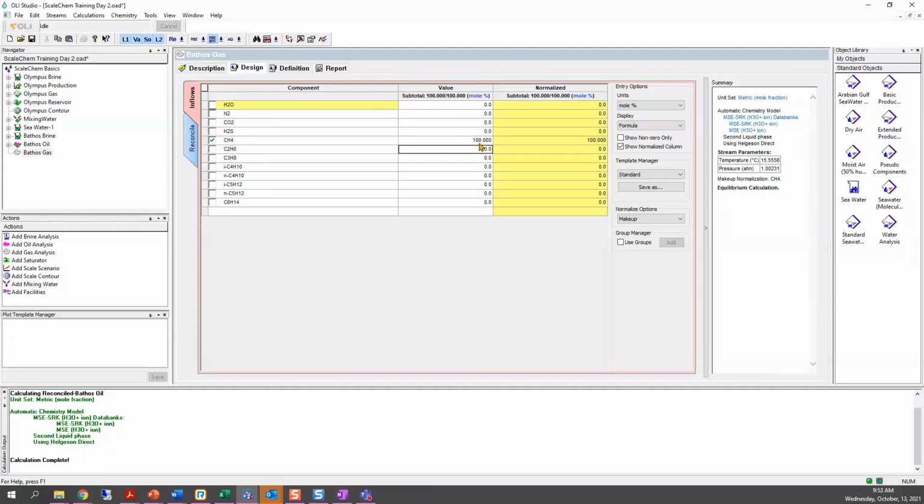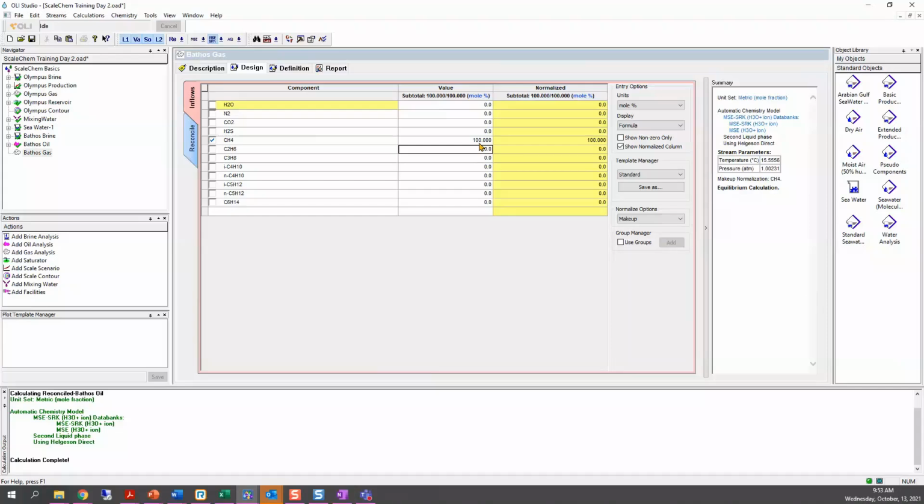So if you assume a specific gas, let's say methane in this case, then once everything is reconciled and brought to reservoir conditions, you can have an idea of what would be the composition of this gas at the separator. I'll show you that once we get to that step.